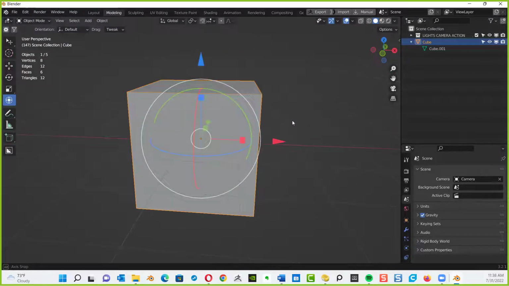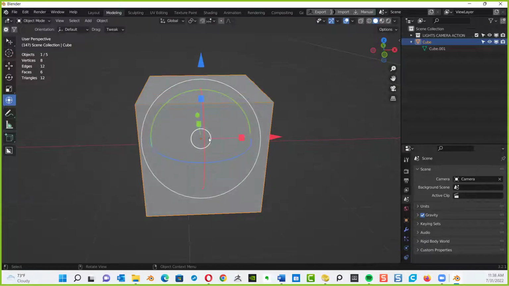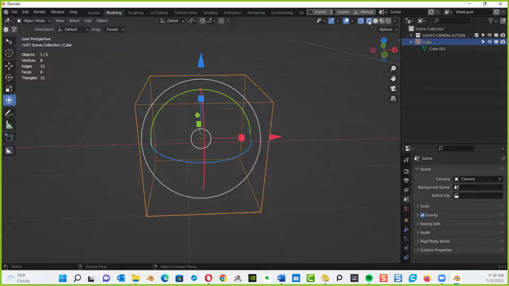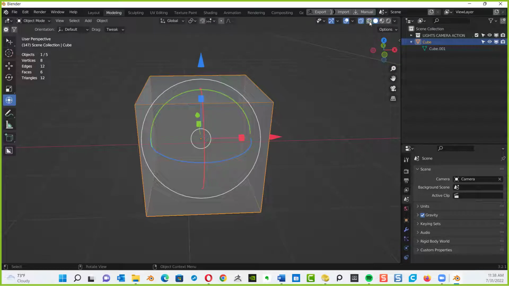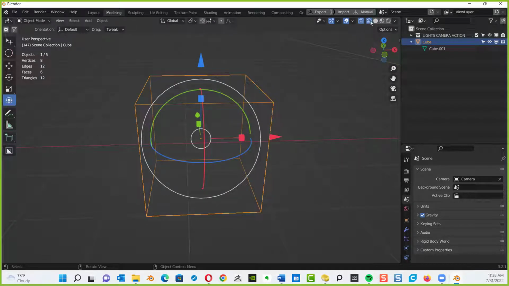So every object is going to have an origin point, and it's usually going to be dead center of the object. Now, can you move this origin point? Yes, you can. Now remember our viewing options. We have our X-ray view, our standard shading view. Now let me show you another view. This view is just simply your frame view, just looking at the edges. If you don't want to see it in shading mode, you can go to the frame view.